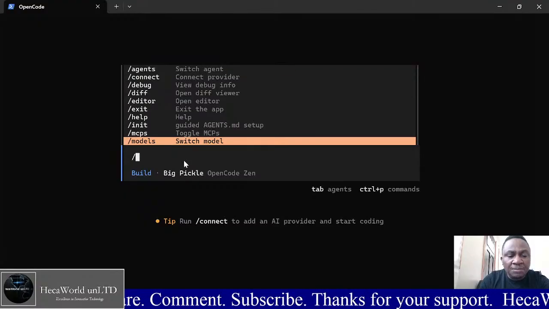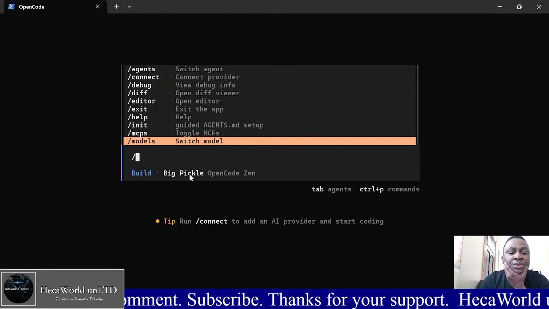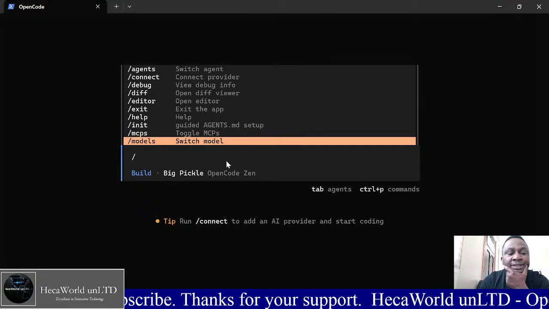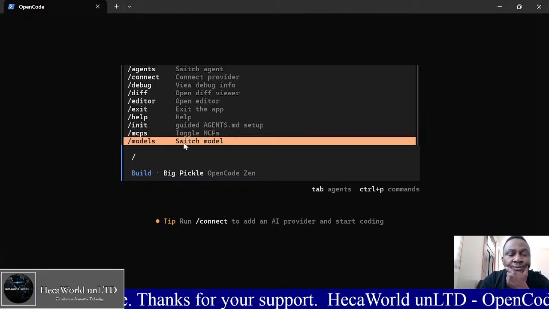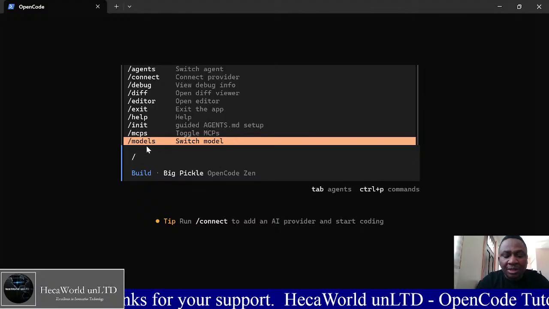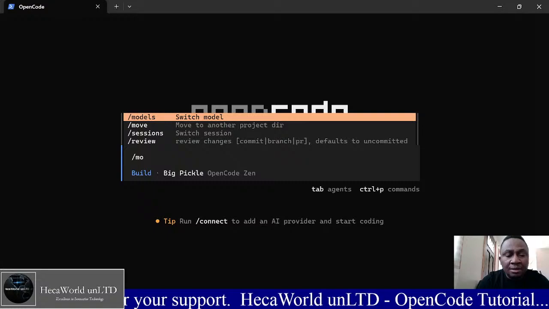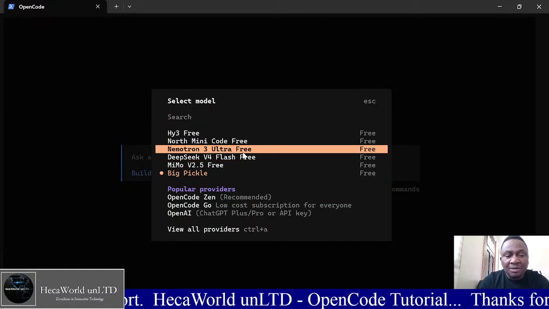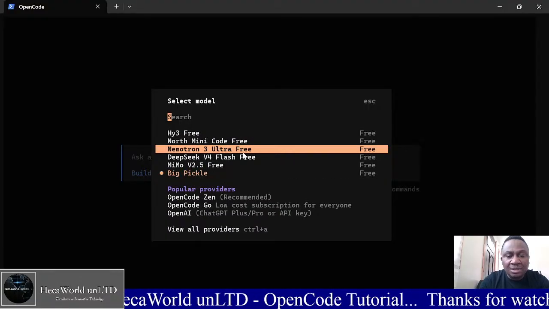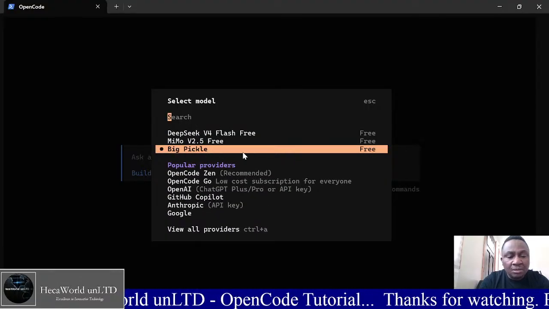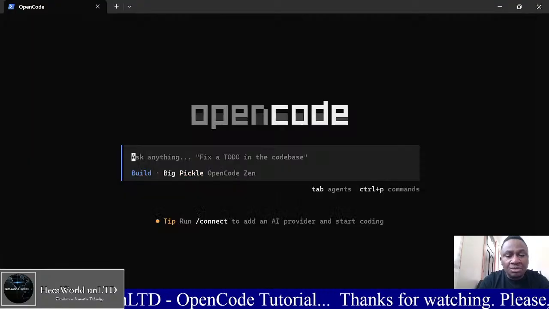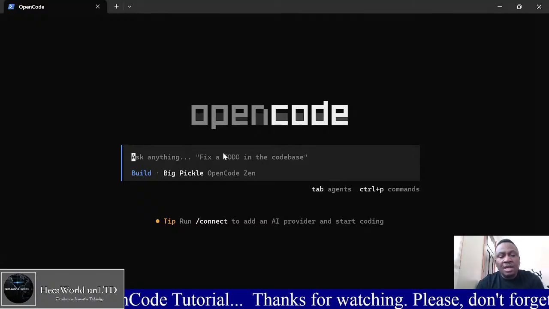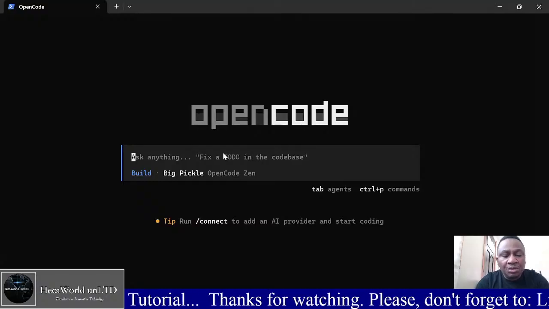If you want to switch your model, for instance, OpenCode starts with Big Pickle, OpenCode Zen, as the default model. But you can switch that. Once you do slash, you start typing models, and then you can switch to any of these free models. You can also add your own, but say you have all these free models you can run. Yeah, this is one good thing about this. I'm not gonna do any of this because I really like what I have, but that's one of the ways to go. So now let's just build